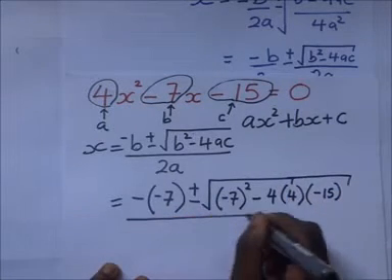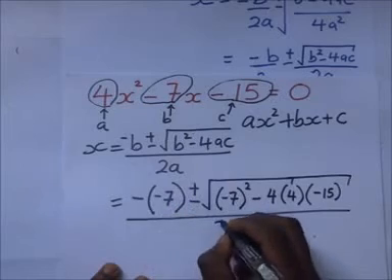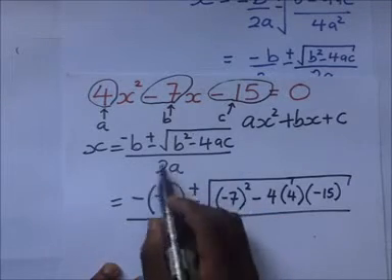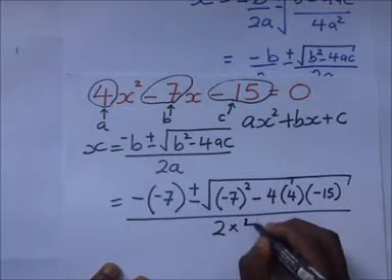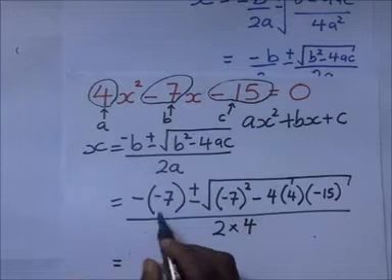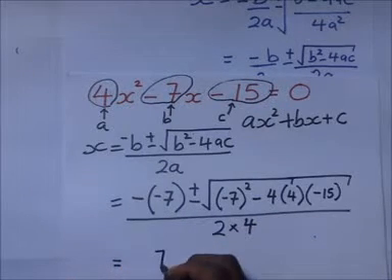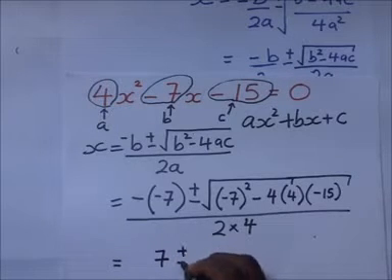All this we are supposed to divide by 2a, which is 2 times our value of a, which is 4. So the rest is just arithmetic. So negative and negative gives us a positive 7 plus or minus